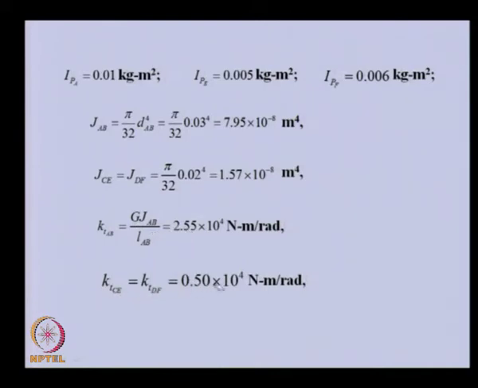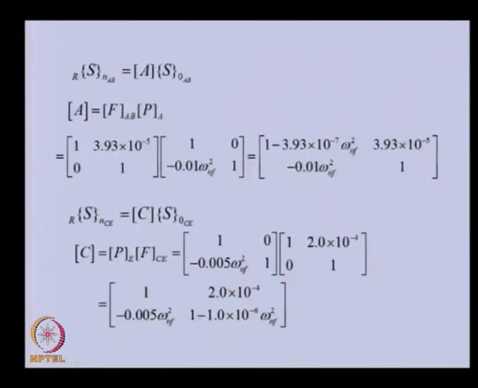These two shaft segments have the same property, so their stiffness is the same. Now, we can write the state vector for branch A. In this particular case, we can see that the overall transfer matrix has only two components. One is the point matrix and the other the field matrix, and we know the properties of these. So, we can get the A matrix. In this we can see that it contains an unknown, the natural frequency. So, this is for branch A.